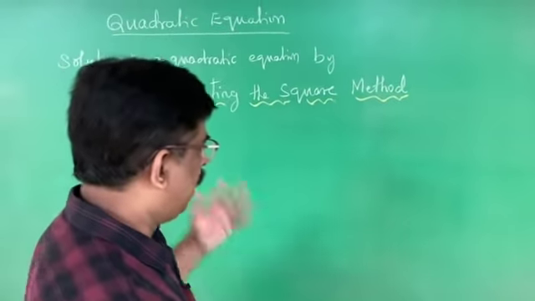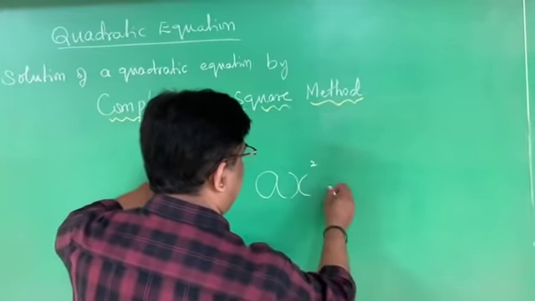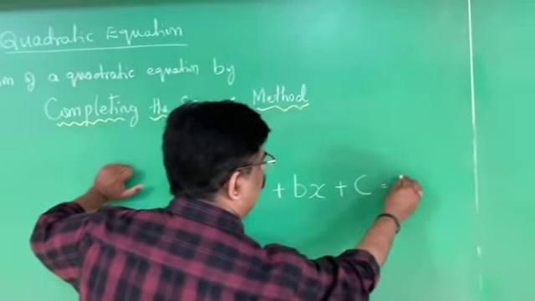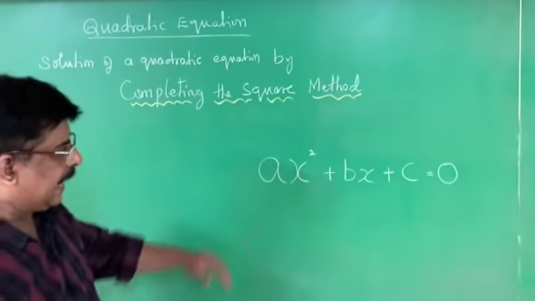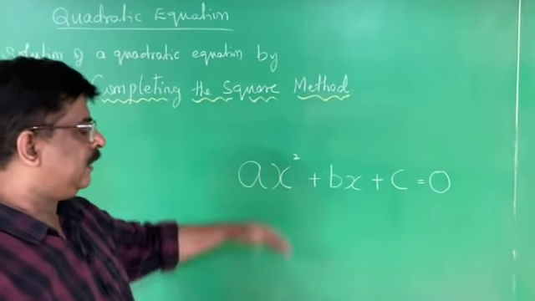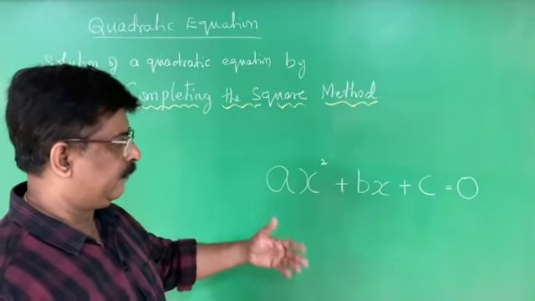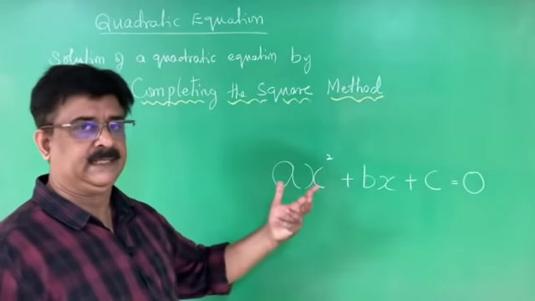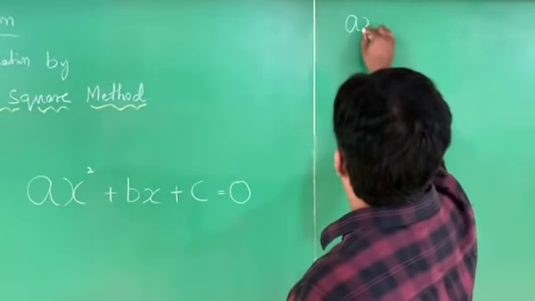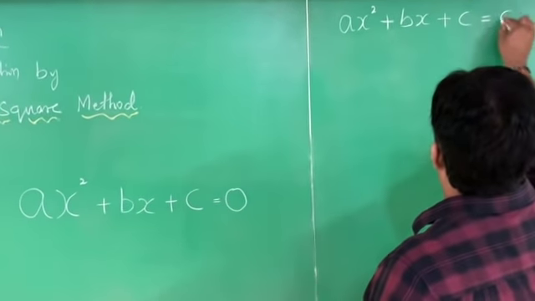See, the problem is the standard form of the quadratic equation: ax square plus bx plus c is equal to 0. This is our problem now. Standard form itself is the problem for us, and we derive the roots for this particular standard form. We get the formula to find the roots of the quadratic equation. We solve it twice. By that we can get a practice, right? Now what I do is I write the problem. Problem is ax square plus bx plus c is equal to 0.